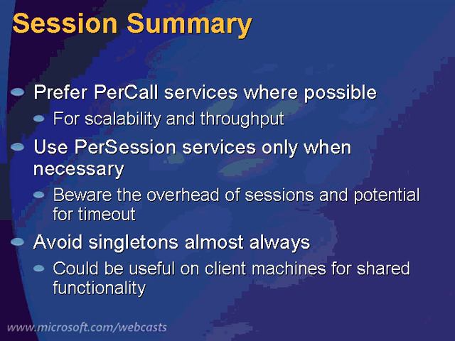So in summary then, what you want to think about in terms of instancing is the following. You're always going to prefer per call. Why? Because it's more scalable and yields better throughput. Yes, the database is a bottleneck in the sense that it will need to protect itself from concurrent access, but it's designed to do that and can handle that at a much better scale